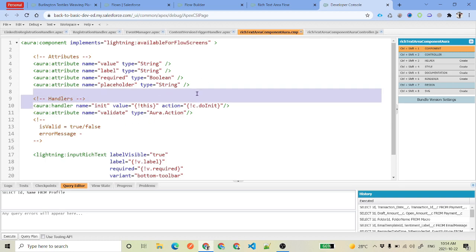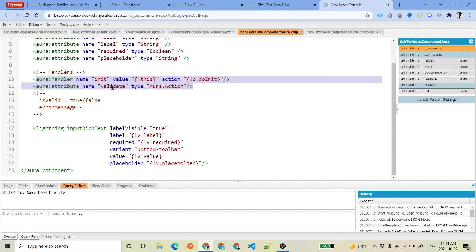And then we have this init handler, which is going to run whenever our component loads, whenever our rich text component loads. And what we will do here is add a function to this particular variable, so that every time we change the variable, this function will be invoked, and then it will tell whether the value is valid or not.